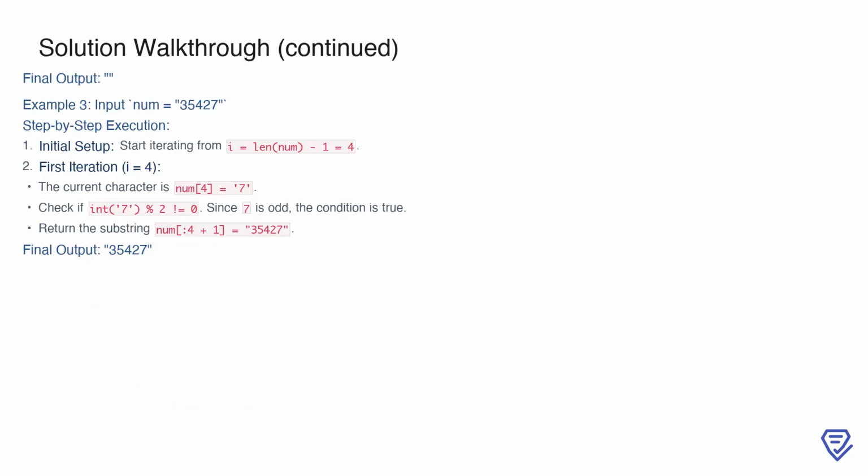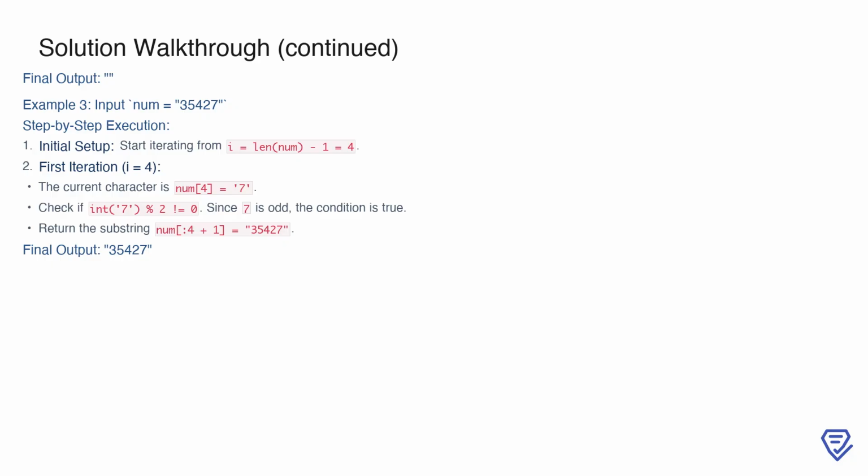For the next example, consider the input string 35,427. Starting from the last digit, we first check 7. Since 7 is odd, we know that any substring ending at this position will form an odd number. Therefore, we can directly return the entire string up to and including this position, which is